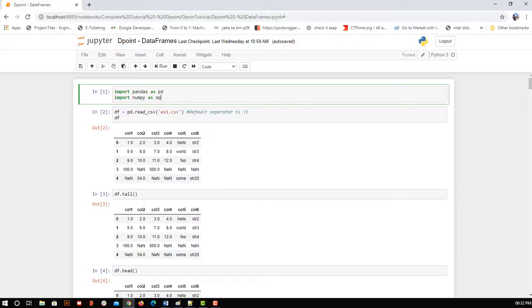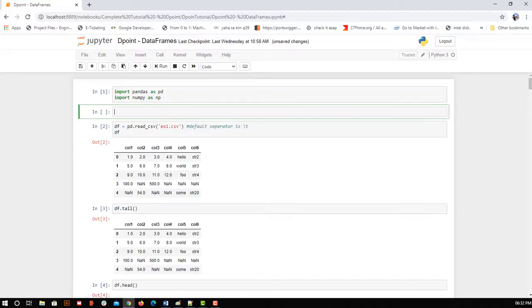First, I'll import this, and if you execute it and get an error like there is no such module as NumPy, or no such module as pandas, let me create one more cell and you can try this command: pip install, followed by whatever module is not found. Suppose the error is no module named pandas, then you will simply do pip install pandas.